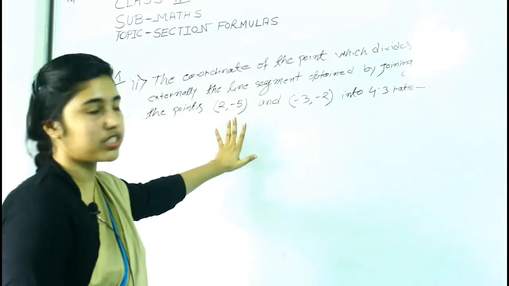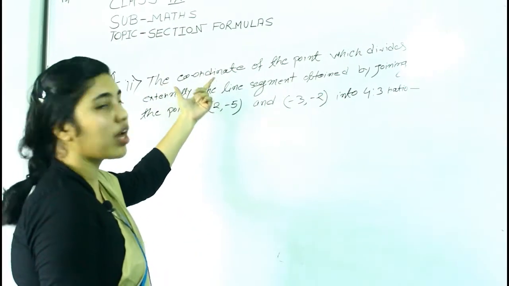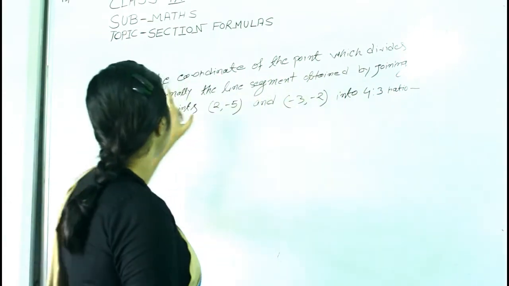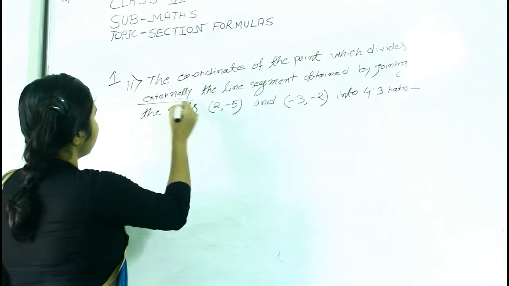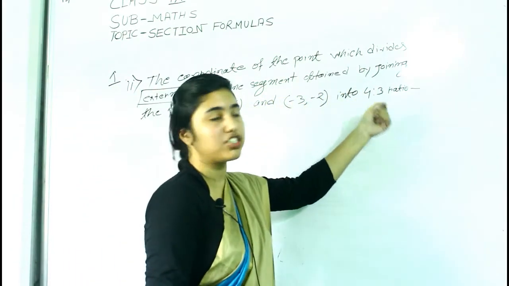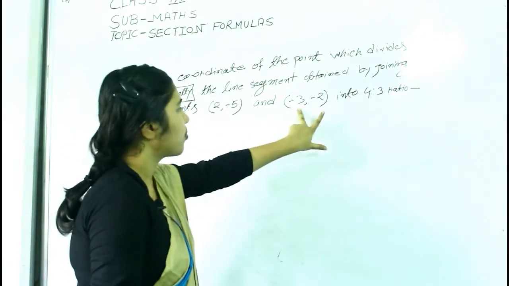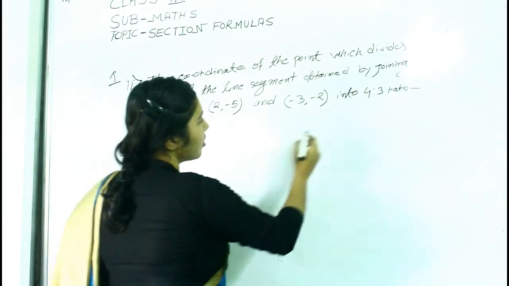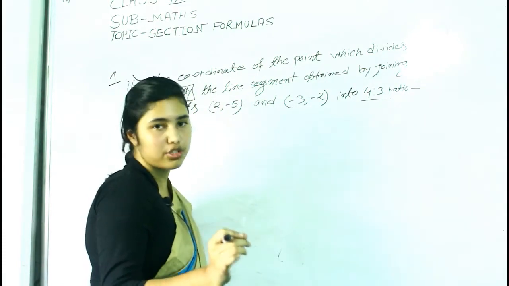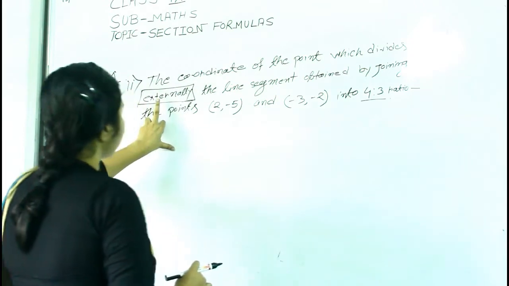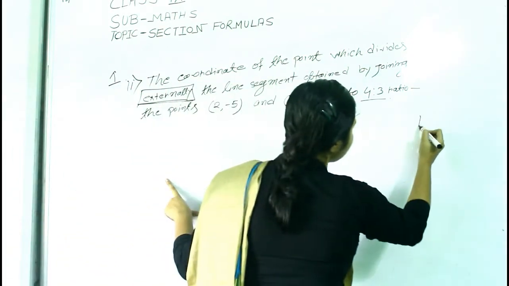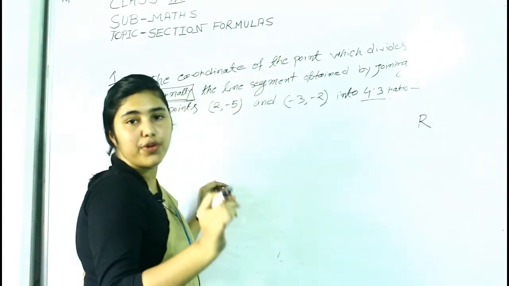In our next question, here again you have to find the coordinate of the point which divides externally the line segment obtained by joining these two points in the ratio 4:3. Okay. So in this case, suppose the point is R, we have to find the coordinate